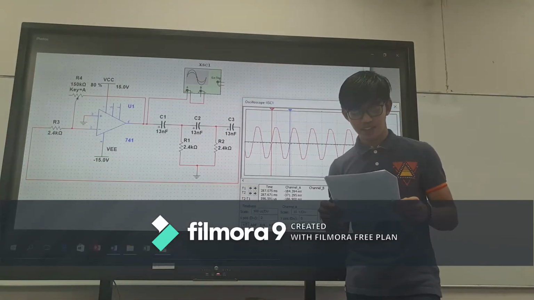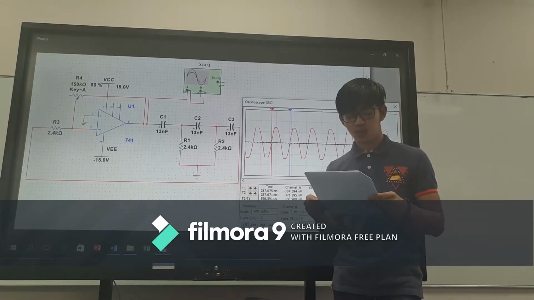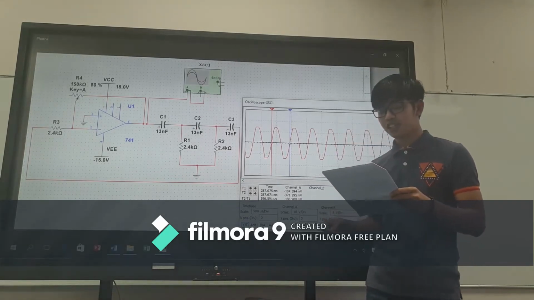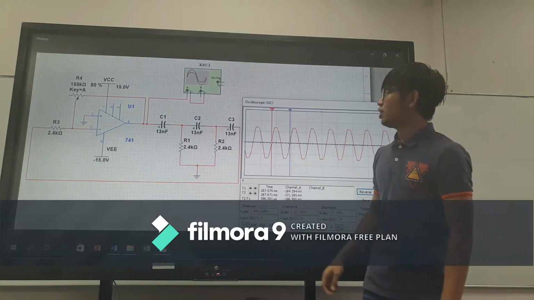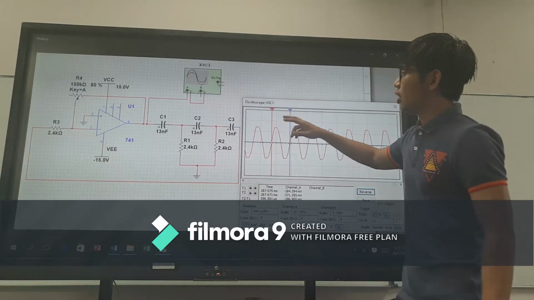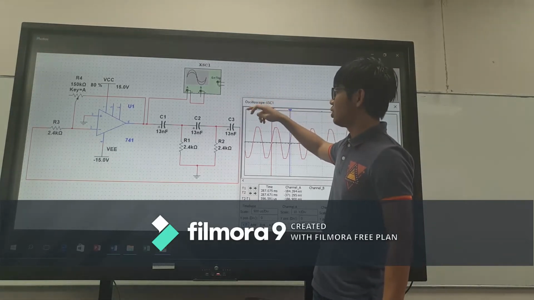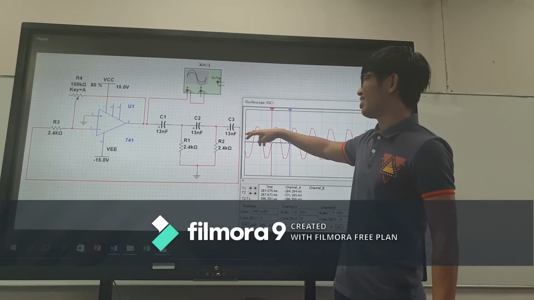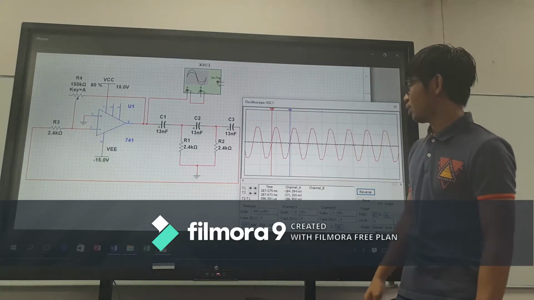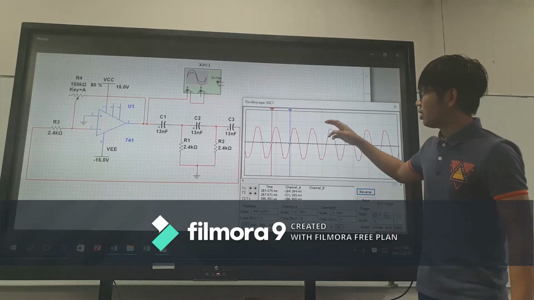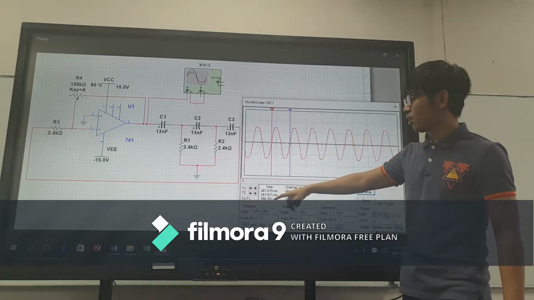My name is Ridhuan. For task 2, you have to design a phase shift or Wien bridge oscillator circuit. This is a phase shift circuit, and you can see I use a capacitor of 30 nanofarad and a resistor of 2.4 kilo ohm. You can see the result: for one cycle I get the time